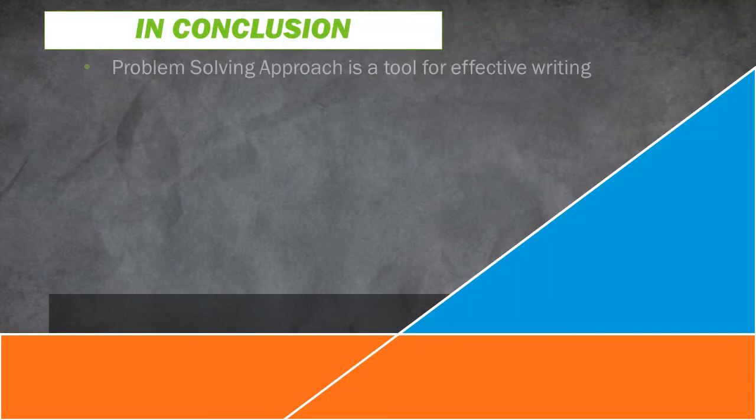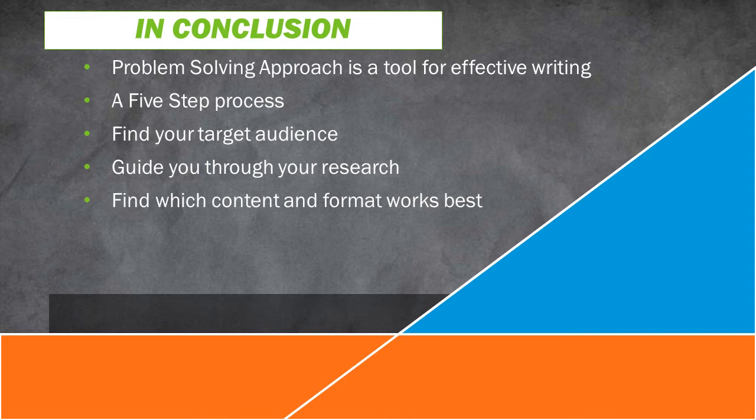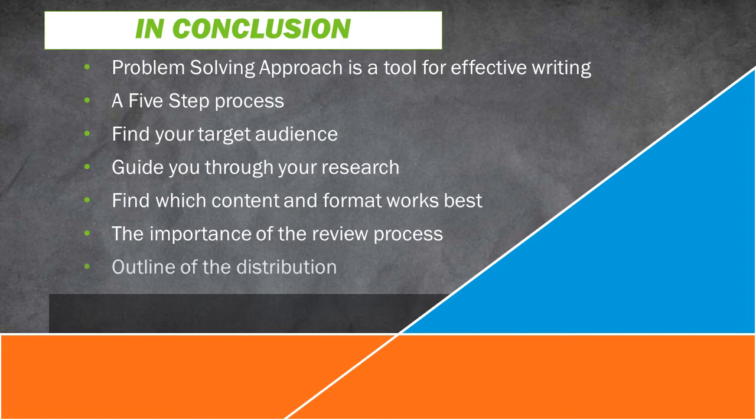In conclusion, the problem-solving approach is a tool used to make your writing more effective. This is a 5-step process that outlines the steps you should take in order to create a great document. This method is especially useful in the workplace. The model helps you to define your specific audience and know what they will expect. It guides you through your research to ensure that you have all of your needed information. You'll discover which content and format best fits your specific objective. The PSA shows how important a third-party review can be and the need to edit and revise as necessary. Finally, the problem-solving approach outlines the distribution and